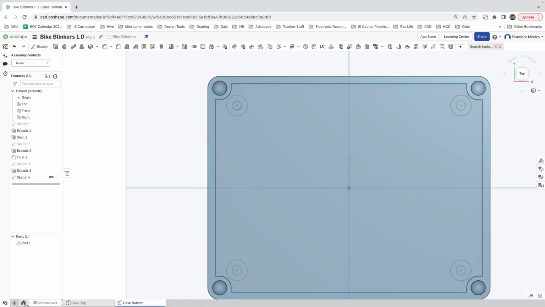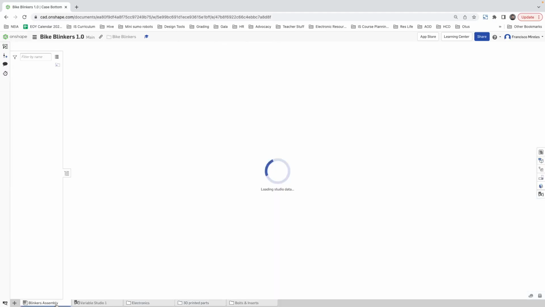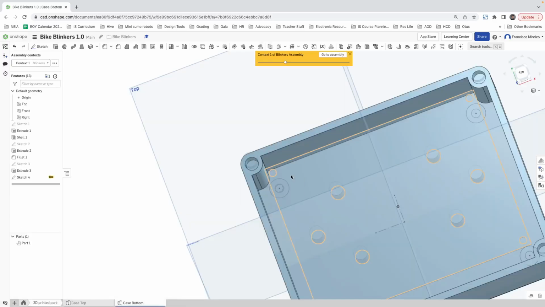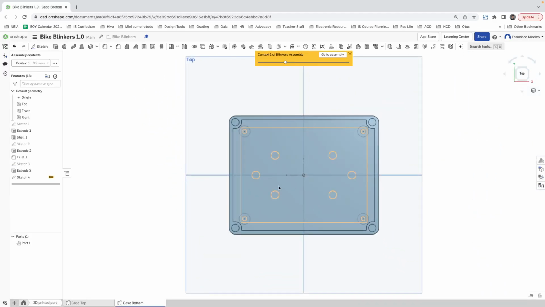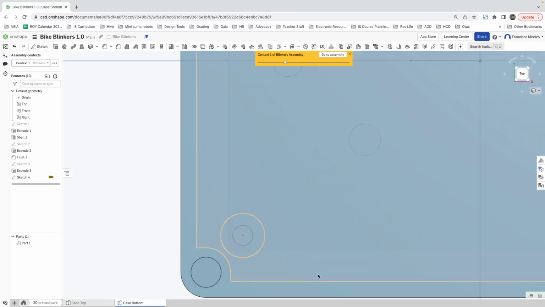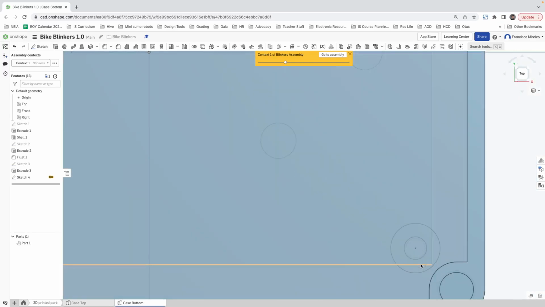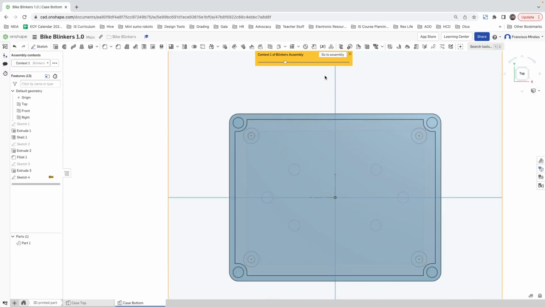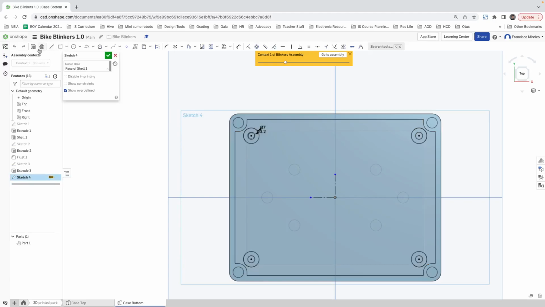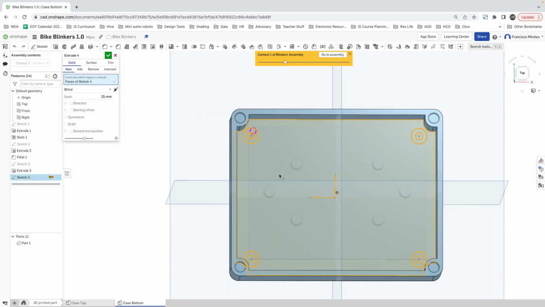So let's get out of here. I'm going to the assembly, select here, edit in context, context 1. I don't even know what a context 1 is. Oh, look at that. And they should match the center of our board. They do. Good. Now, this sketch, we can extrude it,